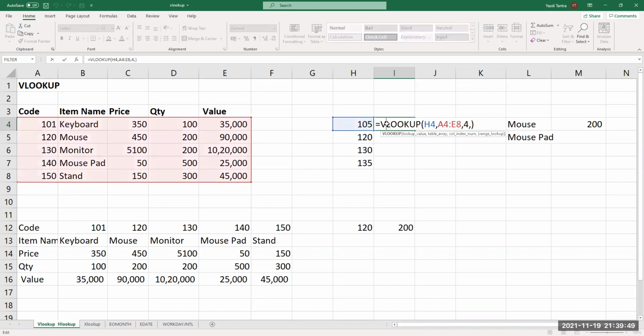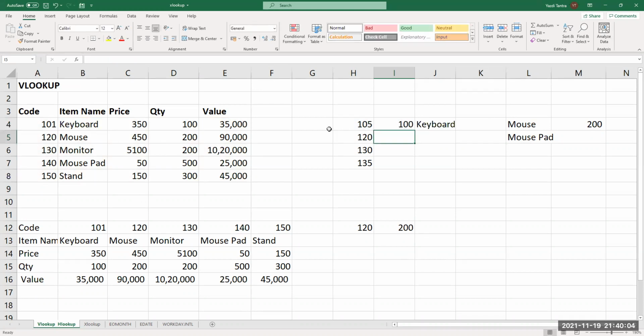So here we want to say true or false. If we say true, which is an approximate match, you will get the earlier one. Suppose we said 119, it will still show us 100 and keyboard.